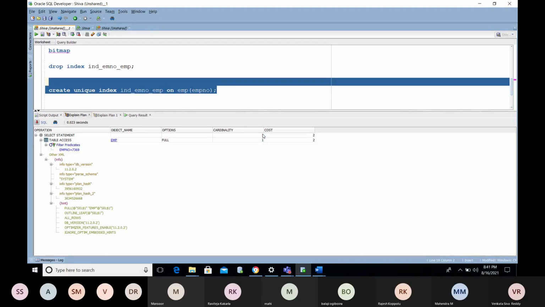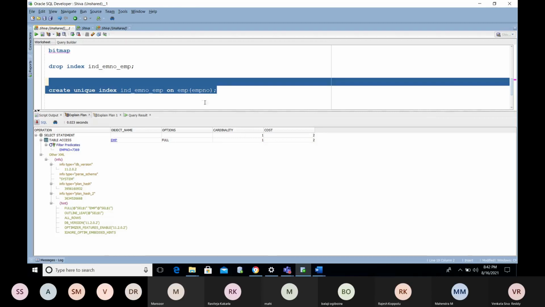If you have only two values, such as true or false, male or female, or 1 or 2, only two different values in the entire column, then you will go with the bitmap index. If you have more than two, you will go with the B-tree index.